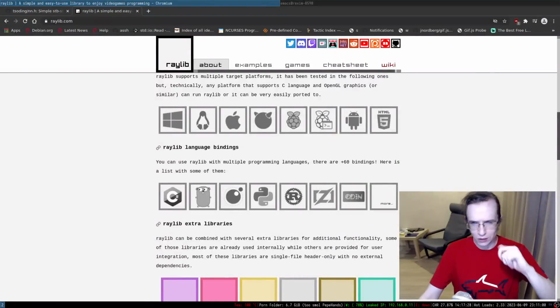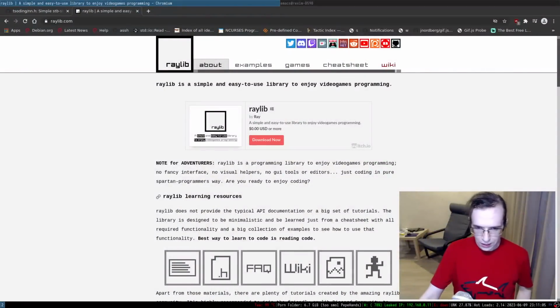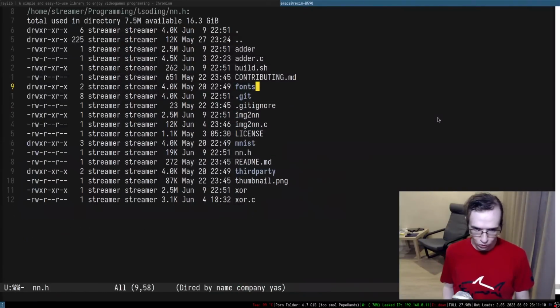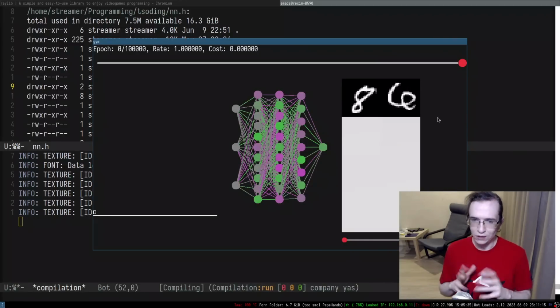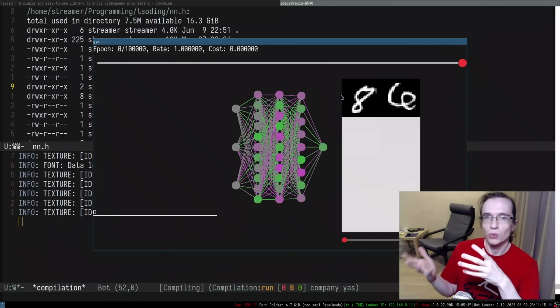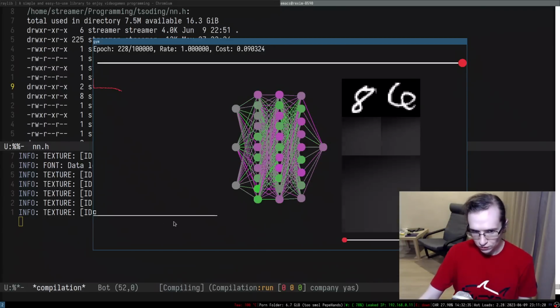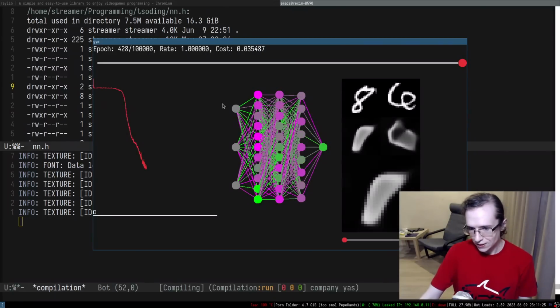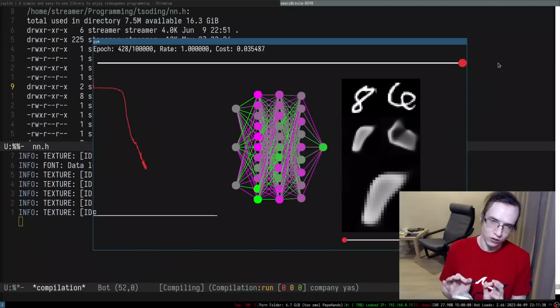I don't really use it because I don't want to depend on too many things, so because of that I just use Raylib. Essentially what we have in here in terms of UI is just things that we develop ourselves from scratch. What I came up with is a system of widgets. So essentially things like this plot, things like this neural network, and things like this visualization and these sliders are separate widgets.